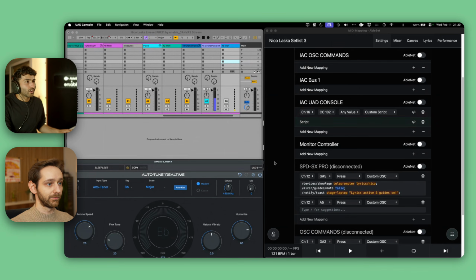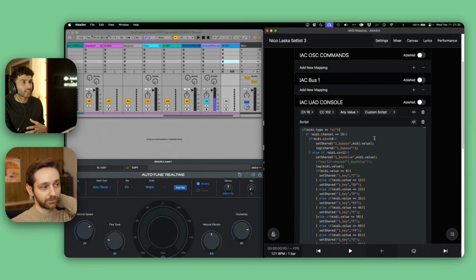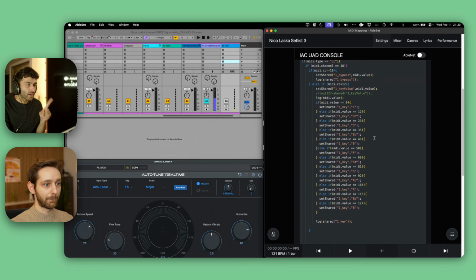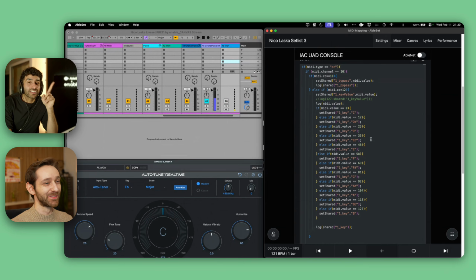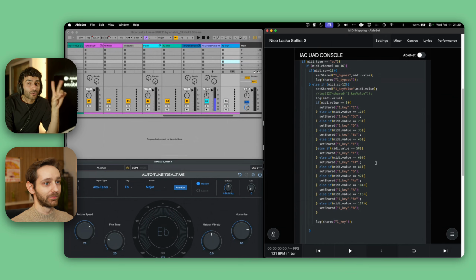This little script here will light up whenever I change anything here. So if I change this, or if I change around the keys, it's basically receiving MIDI from the AutoTune plugin. And then I'm using this script, which I realize now could have been a bit more elegant, Leo. Don't criticize me for my coding. No worries, all good. I did another thing with an array where this is a lot more elegant. But at the end of the day,